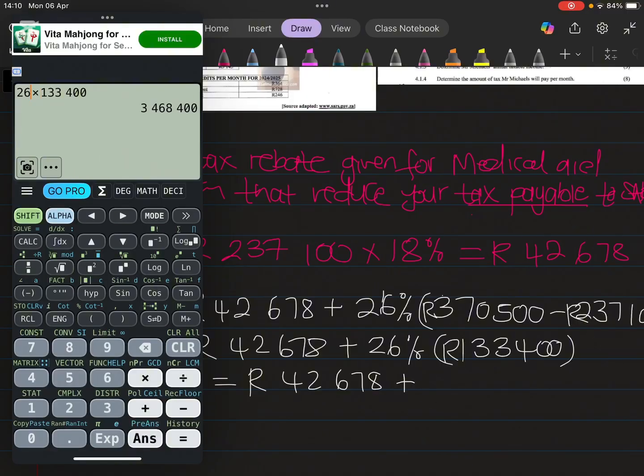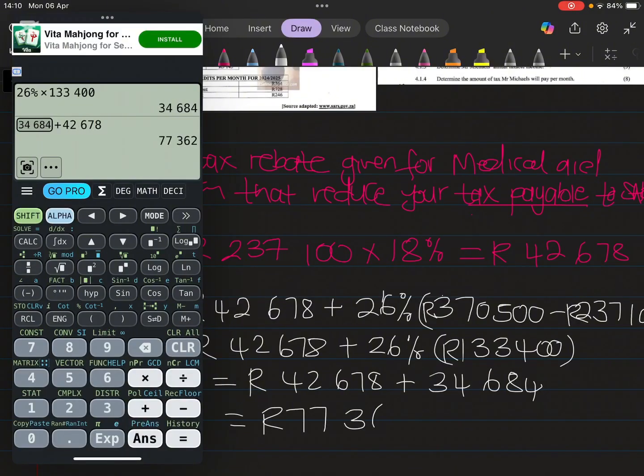That should be 26%. Then that will give us 34,684. Right? And then we're going to add 42,678 to it,